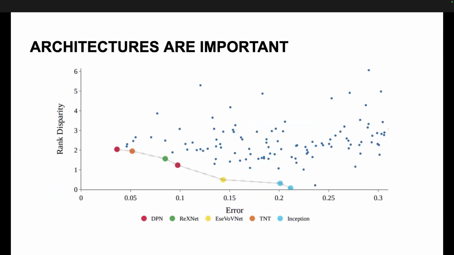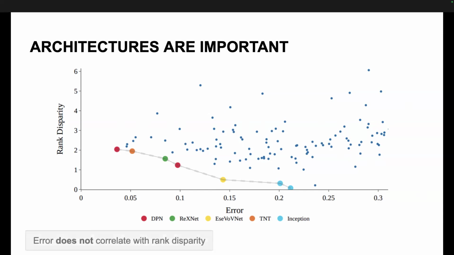So these are our main results on the CelebA data set, where we see that across a bunch of these different error values, you see very high variance in what the rank disparity metric performance is, and that you don't see this decreasing line where just driving error down improves your rank disparity as well, which really shows that there's something going on here about the architecture and the hyperparameters that we could exploit.